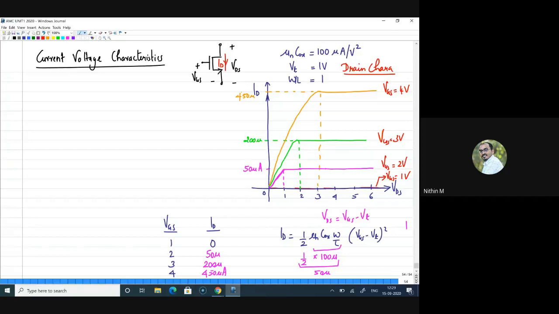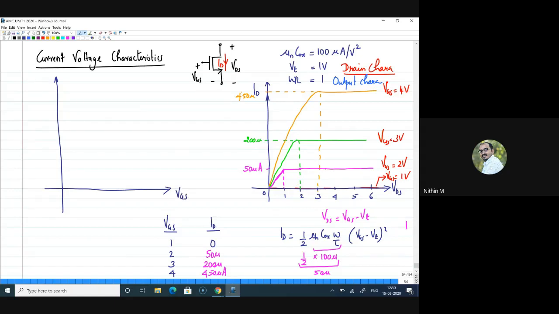Yes. So this is your drain characteristics, and since it is between drain current and drain to source voltage, we call this output characteristics also. Now, if this is the drain characteristic, then how will you plot the other characteristic? We call it the ID-VGS graph. So plotting the ID-VGS graph is now straightforward. How is that?